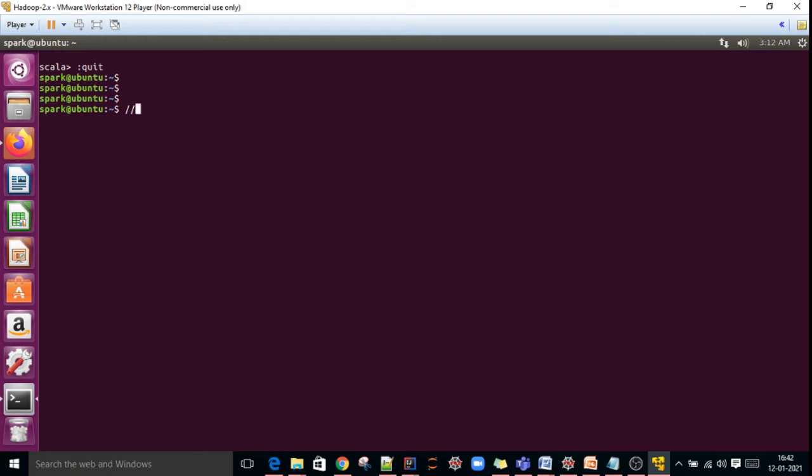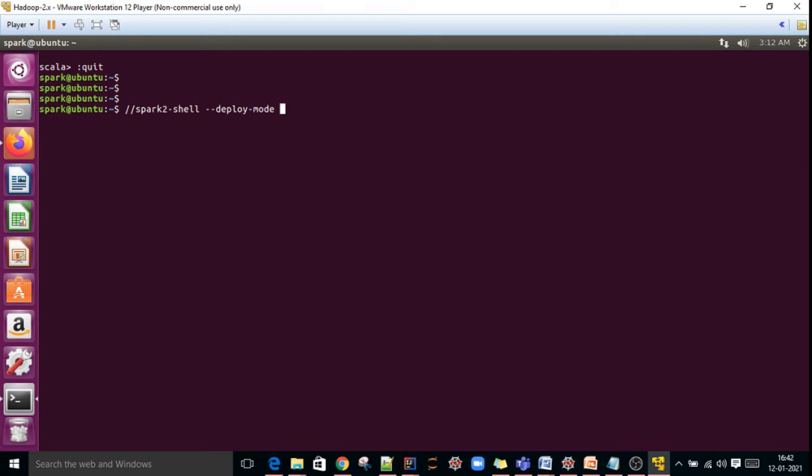If it is a Hadoop cluster, usually we will work with Spark 2, so the Spark 2 shell. Here you specify the deploy mode, which mode you want to open. There are two modes, cluster mode and client mode.